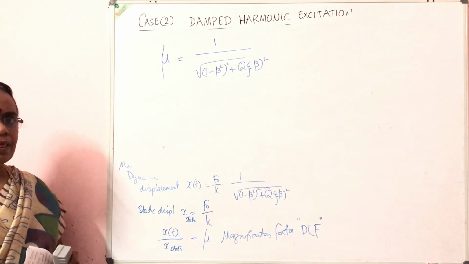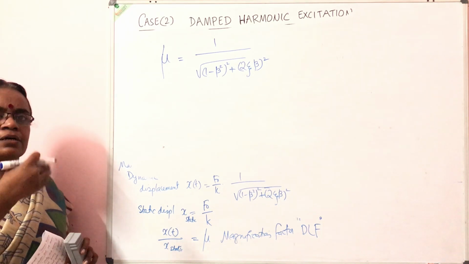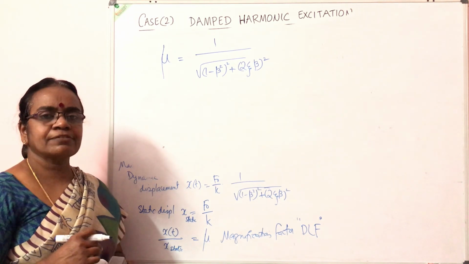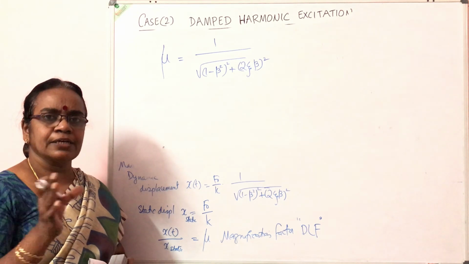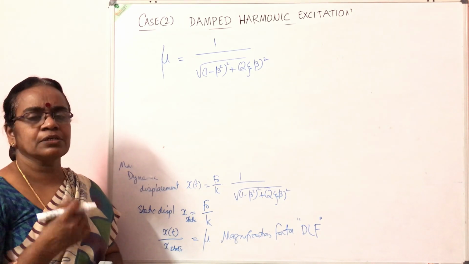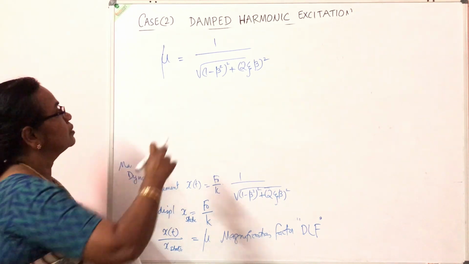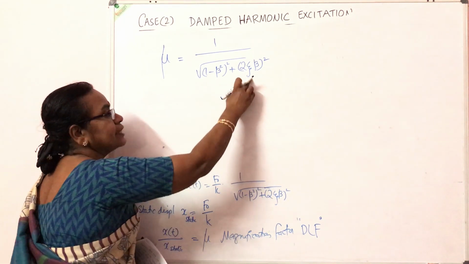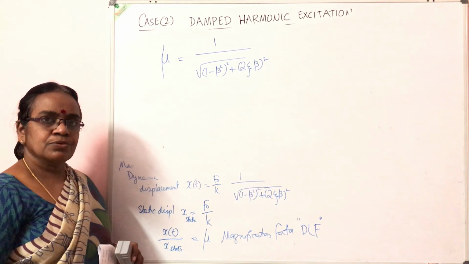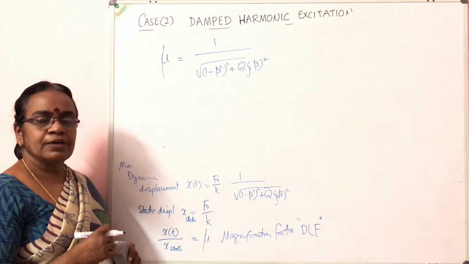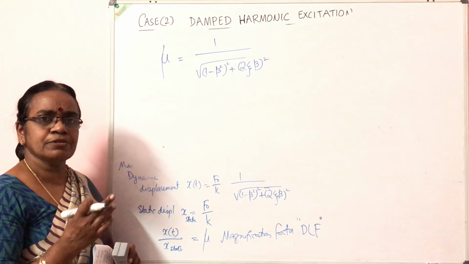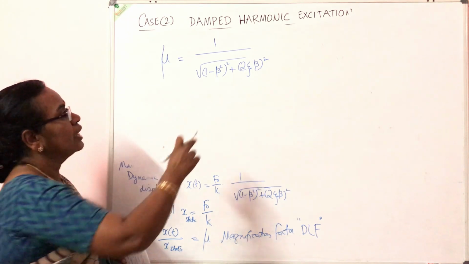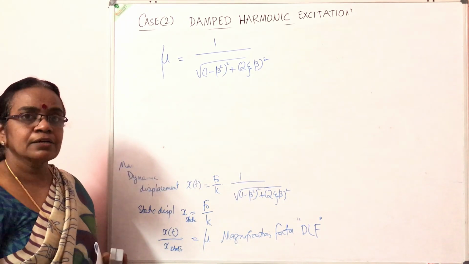So how much the resulting forces or displacements or accelerations increase when a load is applied in a dynamic form depends upon the frequency ratio beta as well as the damping present in the system. So the effect of a dynamic load will depend upon the frequency ratio, which is the ratio of the exciting frequency to the natural frequency of the system, as well as the damping in the system.